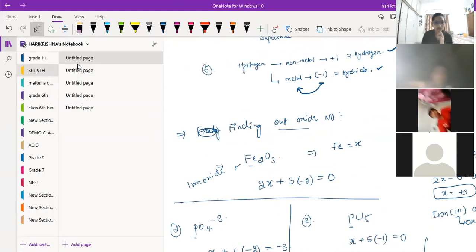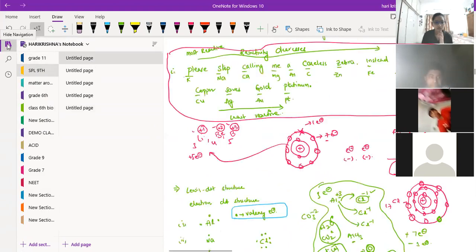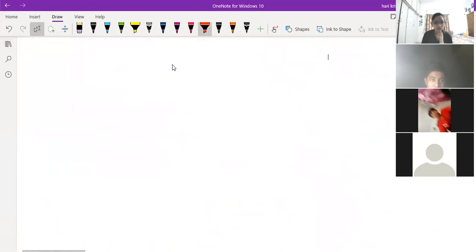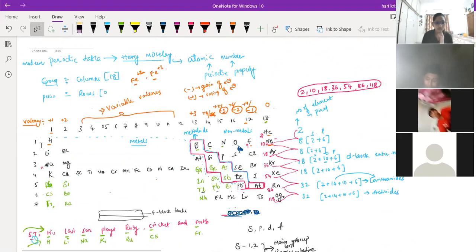Wait 1 minute. I'll open that first periodic table chart. Okay. So the first group always will show a maximum oxidation number of +1 only. More than +1 it will not show, right? The second group always will show a maximum oxidation number of +2. More than that it will not show. The 13th group also will show a maximum oxidation number of +3. It can show minimum values, no worry in that. But maximum is +3 only.